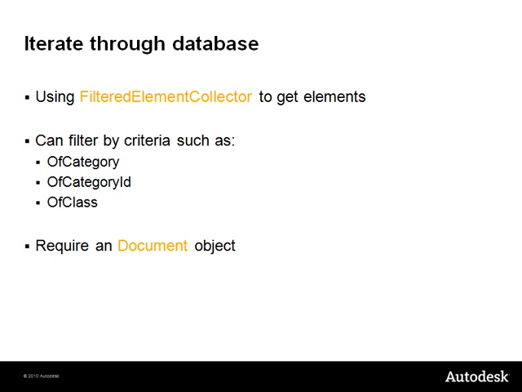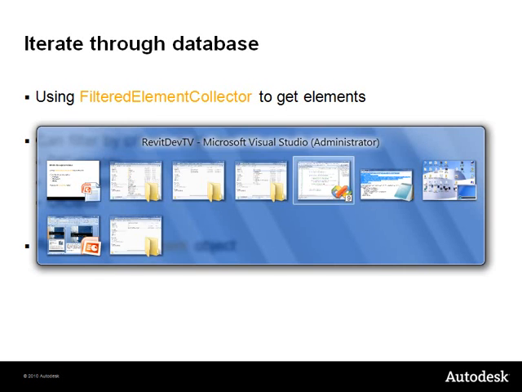Using the filtered element collector object, we can instantiate our filters. Usually, we first create a filter and add some criteria, such as class and category. Finally, we use the resultant filter iterator. The iterator can be used in a for each loop, which gives access to the filtered elements. Let's see a demonstration of filters. Going back to our project,